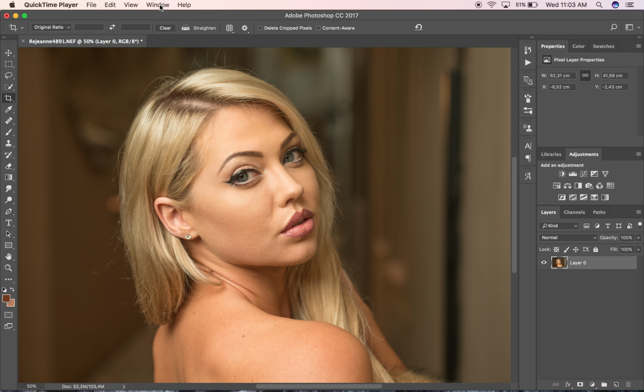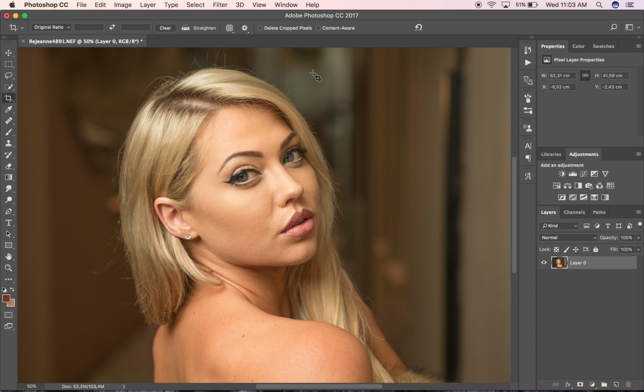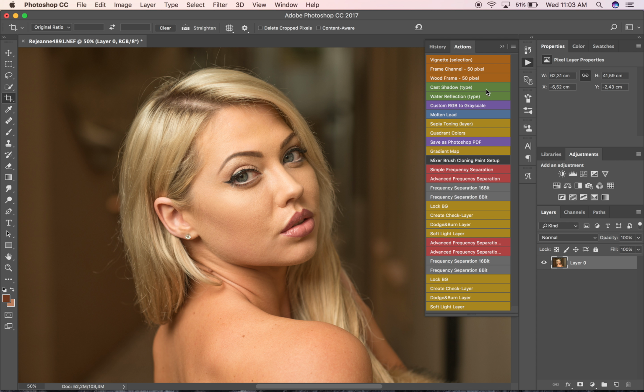So you're just going to go to Window. Well, that's my QuickTime. We're going to go to Window. Excuse my mails popping up. So we're going to go to Window, we're going to go to Actions, and your action should display on the right side here. We're going to do this simple frequency separation 8-bit,